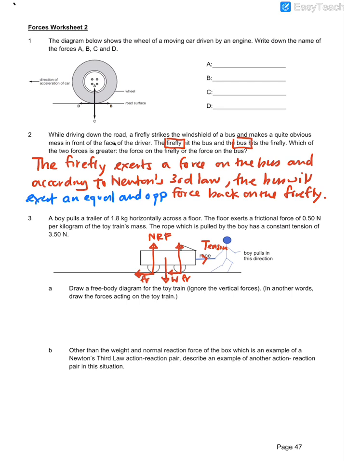The hand exerts a force on the rope, and according to Newton's third law, the rope will exert an equal and opposite force back onto the hand. Yes, very good. Okay, so you identify first of all the two bodies. So you say the hand and the rope. Okay, so then you say the hand exerts a force on the rope,